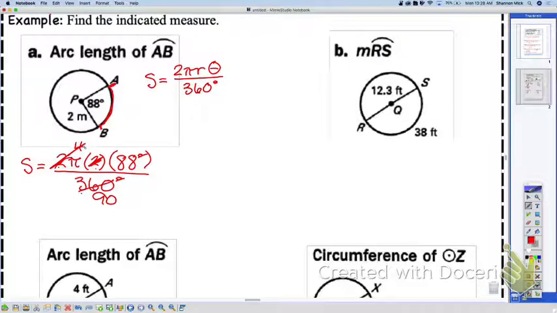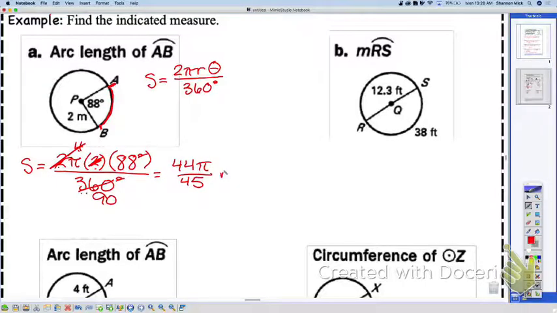Reducing: 2 times 2 was 4, and 4 goes into 360 90 times. So by 2, 45 and 44. So I get 44 pi over 45